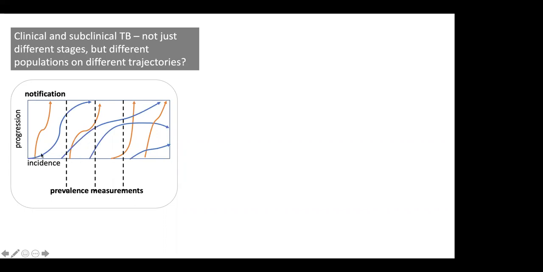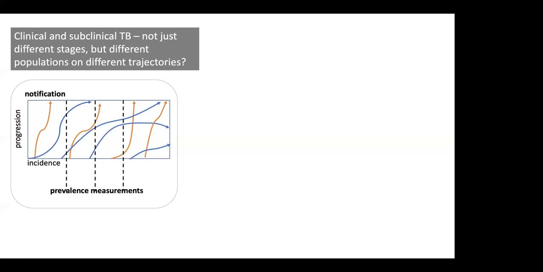You could imagine a blue form and an orange form of TB, where the orange form progresses quickly and the blue form progresses more slowly, sometimes resolving without any intervention. Of the arrows originating from the bottom, your incident cases, half are blue and half are orange, but the majority of the cases that reach the top and get notified are orange, whereas the majority of the cases that you pick up in any cross-sectional prevalence measurement, any of these vertical dashed lines, are